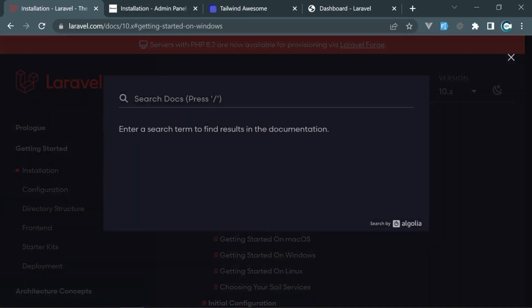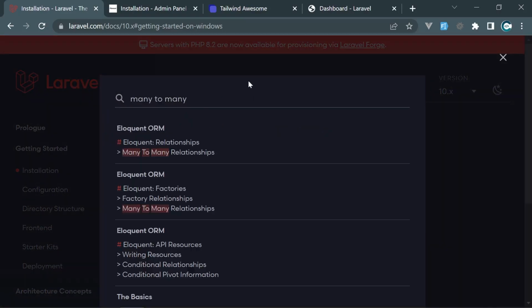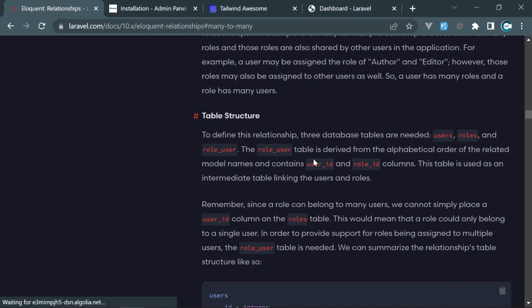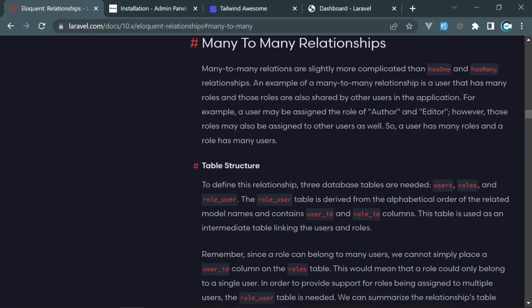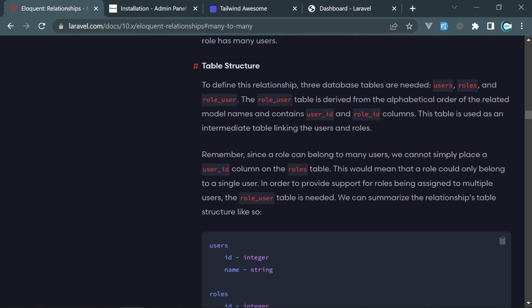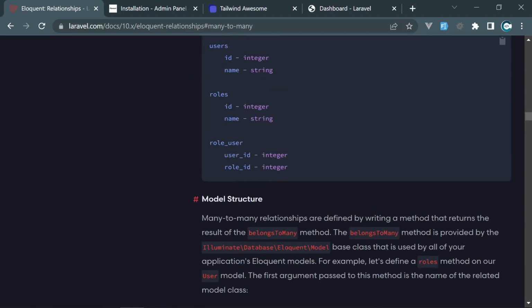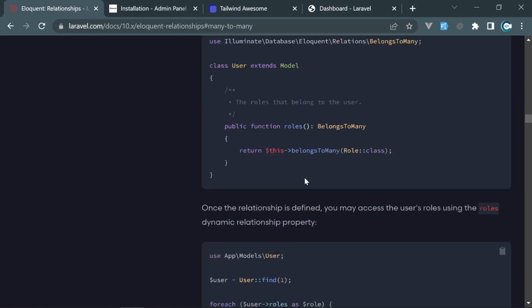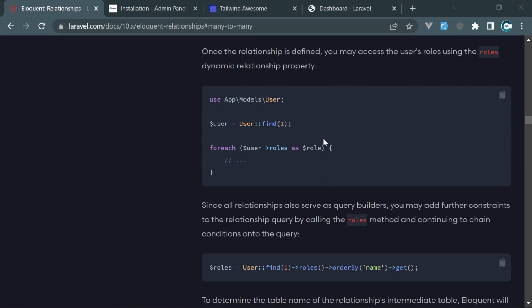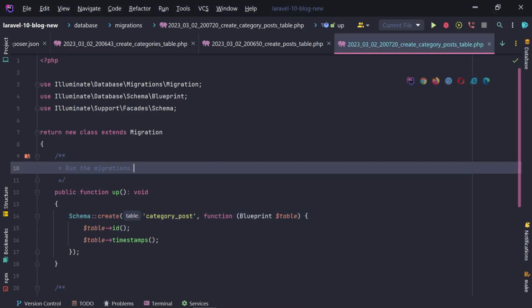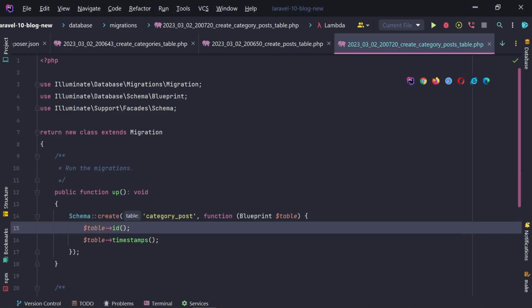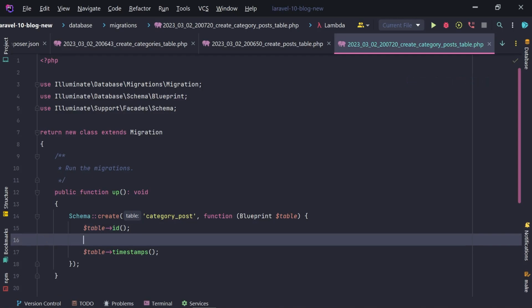Okay, now let's search for many-to-many. Right here, many-to-many relationships. Here we have that table structure, and this is exactly what I was talking about. So we have users, roles, and role user. Okay, so the role user table is in a singular form. And here's also an example of the model structure and everything. So we need to call our table category post, and we will need foreign IDs to categories as well as